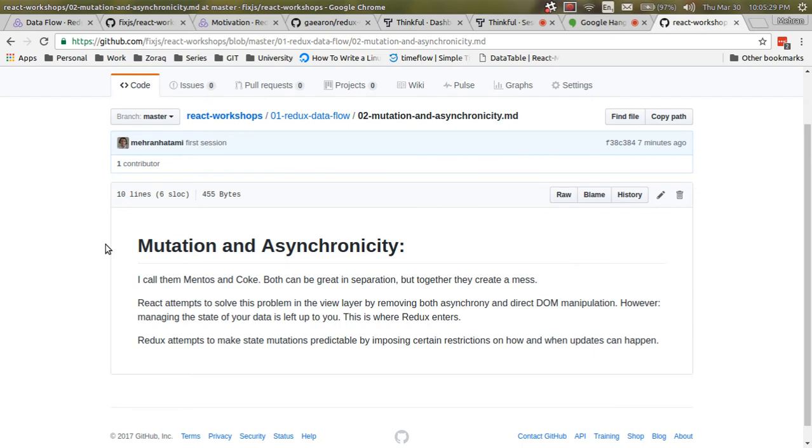React actually attempts to solve the problem in the view layer by removing asynchronicity, and the other side effect that we have other than asynchronous calls is DOM manipulation. So this is why React is interesting. But the way that we need to mutate the state, this is where we need to have Redux next to our React